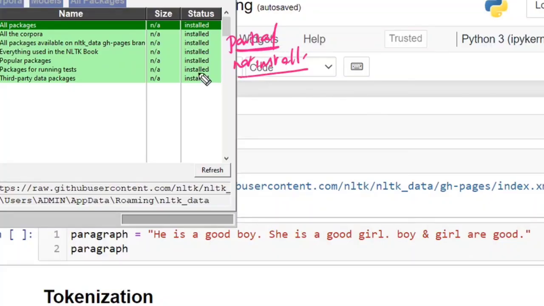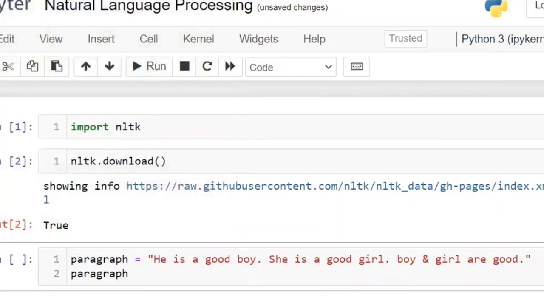While downloading the latest packages, internet is mandatory. Otherwise, it will not download, right? So we have to download the latest packages. What are the latest packages? To download them, we have to click on nltk.download. So once you click on nltk.download,